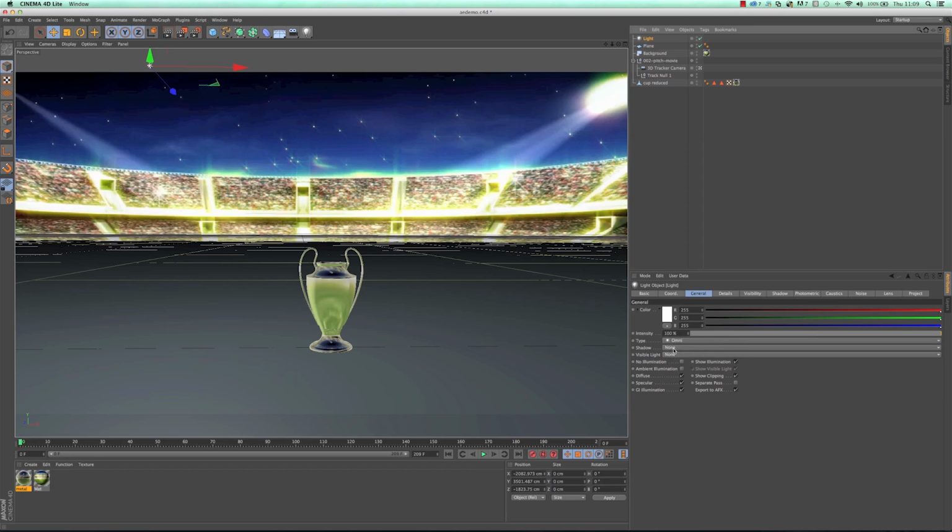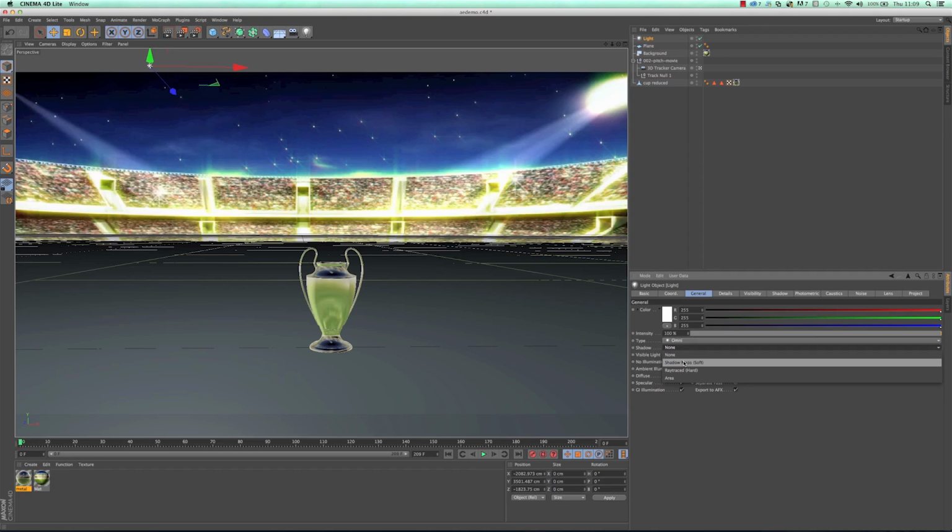For the most part though, when you're starting, you just want to do things like, I want a shadow. What sort of shadow do you want? Do you want a hard shadow, a soft shadow, or an area shadow, which is kind of a combination? It starts very hard and tapers off to very soft. I'm going to use a hard shadow just for this example for speed, because they're really quick to calculate.